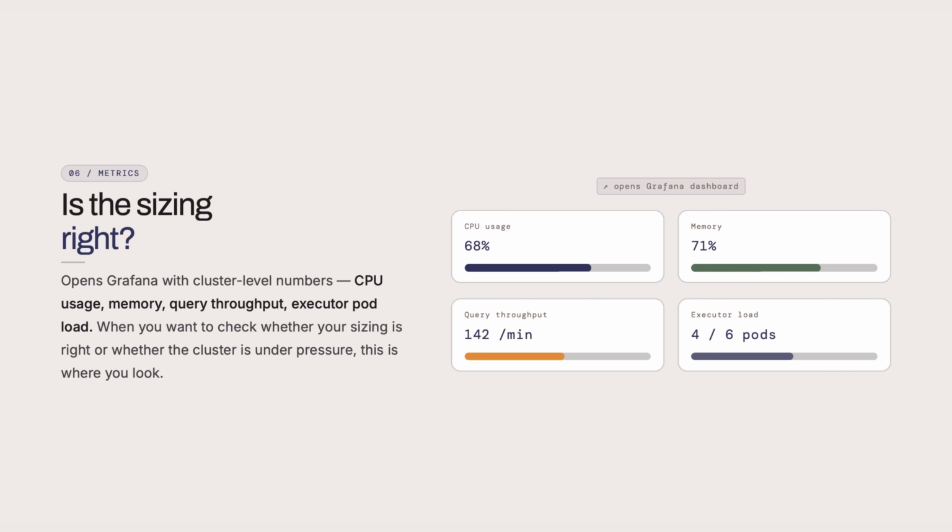Number 6. Metrics. This opens Grafana with cluster level numbers, CPU usage, memory, query throughput, how busy the executor pods are. When you want to check whether your sizing is right or whether the cluster is under pressure, this is where you look. When a query is slow or something fails, the Spark UI is where you go to figure